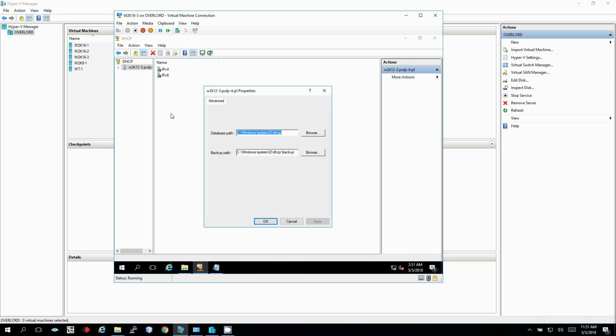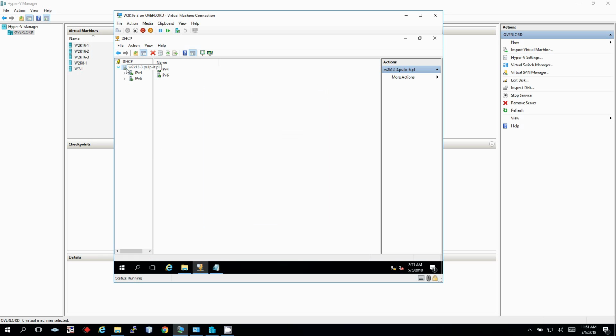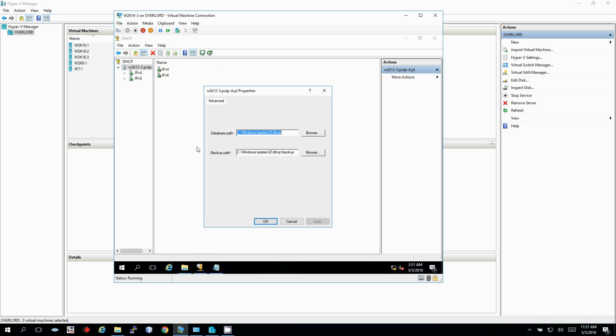Okay, let's go to properties here. Oh my, not this one this time. Okay, yeah, it was this place. This is the database path. Normally, the old database is in the Windows System32 DHCP folder. I just wanted to browse it, so maybe